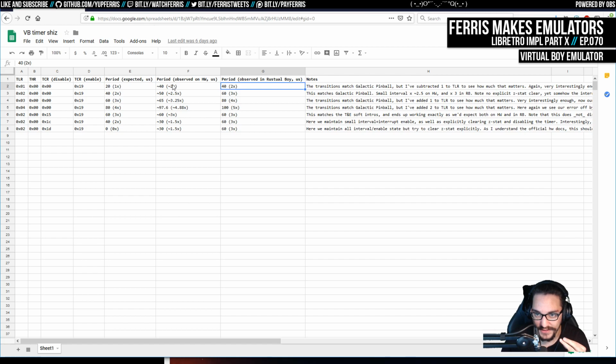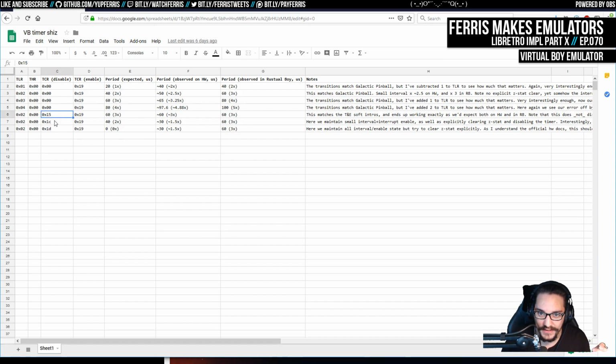The rest of the overhead we're seeing is probably due to the CPU spending time between reloading the timer or not. I'm not entirely sure about that, and there's more tests I want to do. I also want to extend some of these and say okay, if we read the timer value at different points in this routine, what do we actually see? There's probably going to be some variance in that, and it would just be interesting to see if that gives us any additional information about what's going on here,